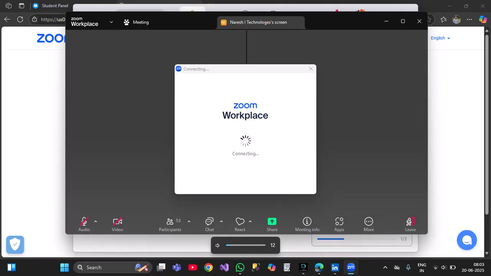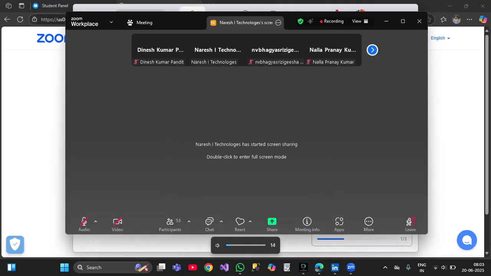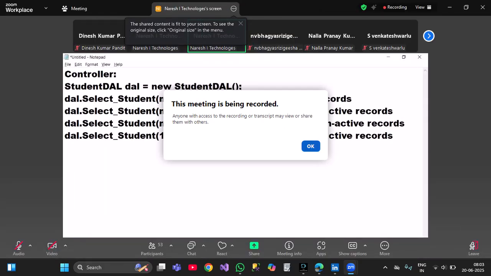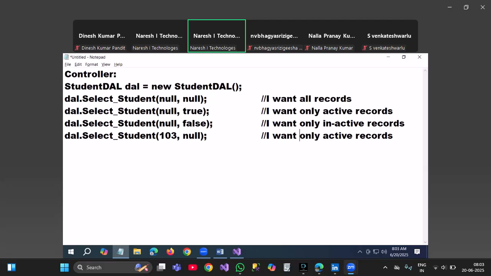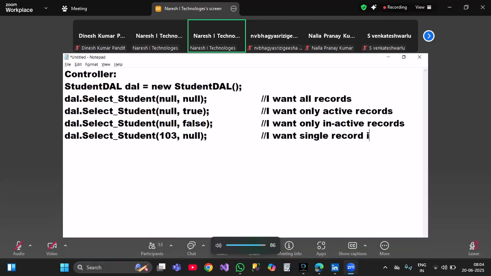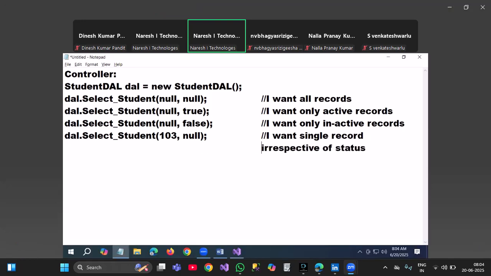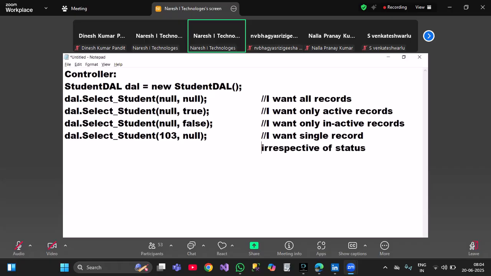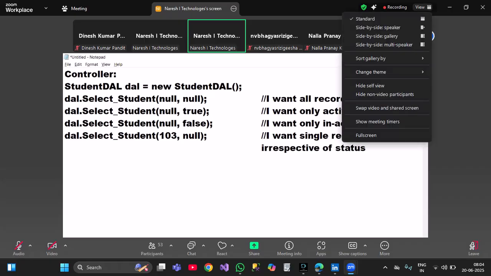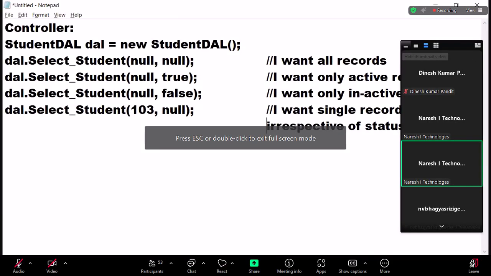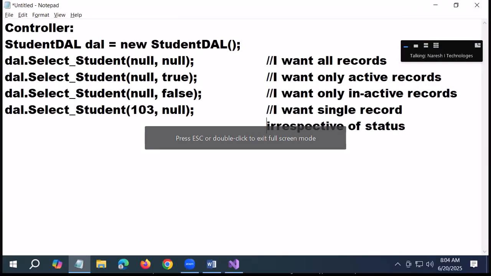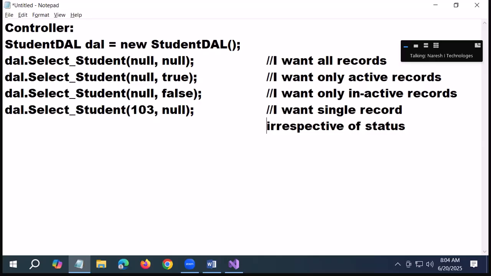I pass 103 comma null. I want a single record irrespective of status. Irrespective of the status, I want one record. Did you understand or not? The status can be active, the status can be inactive, none of my business. Irrespective of the status, I'm expecting this. Okay, now,